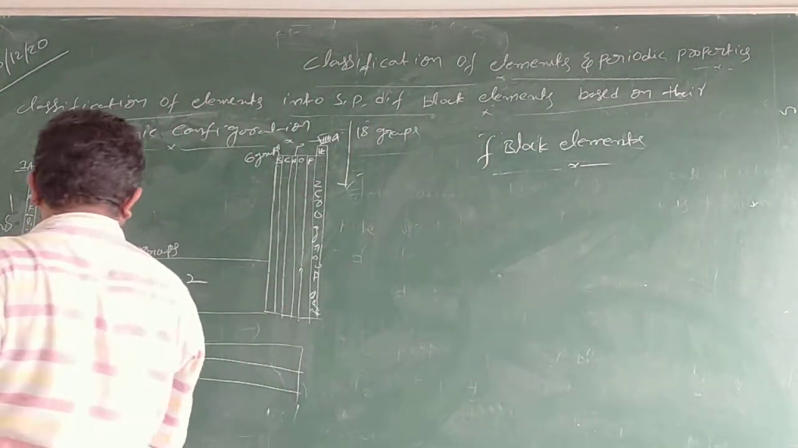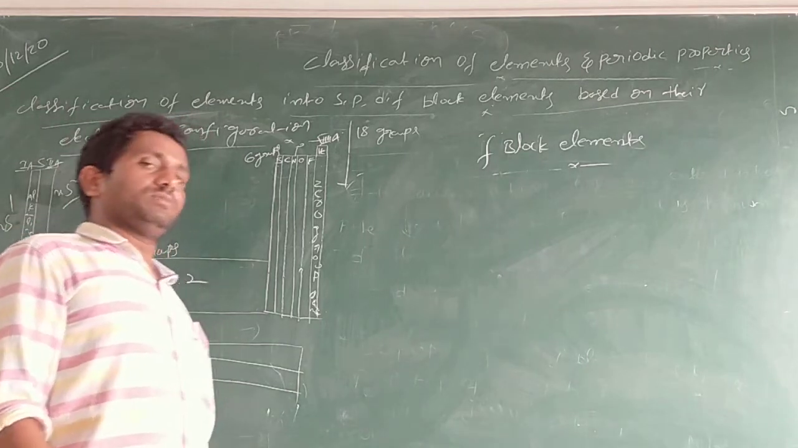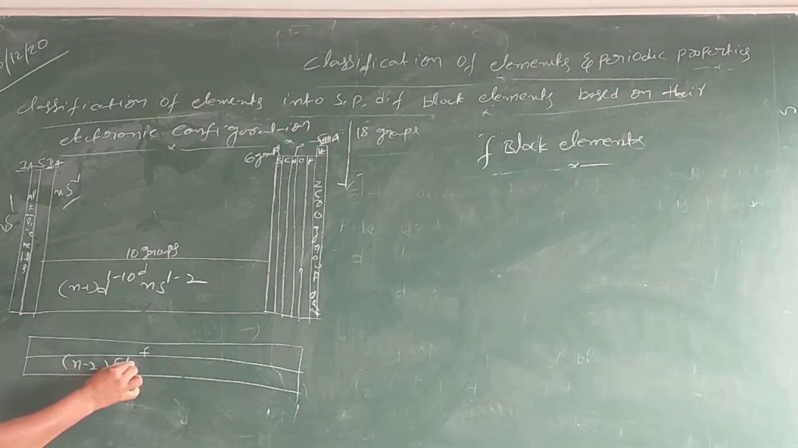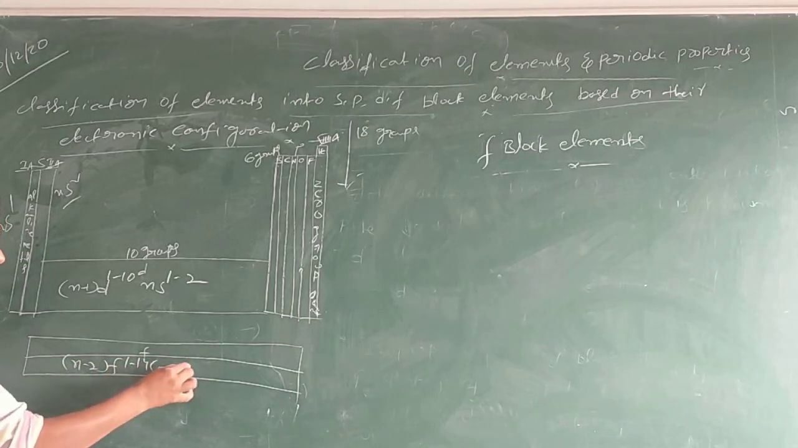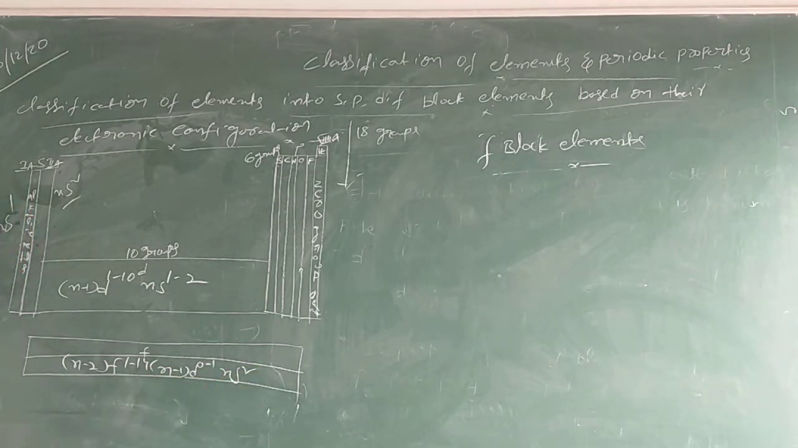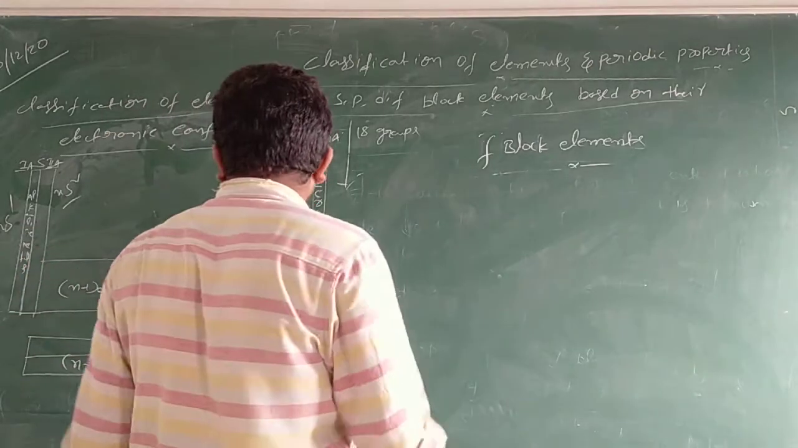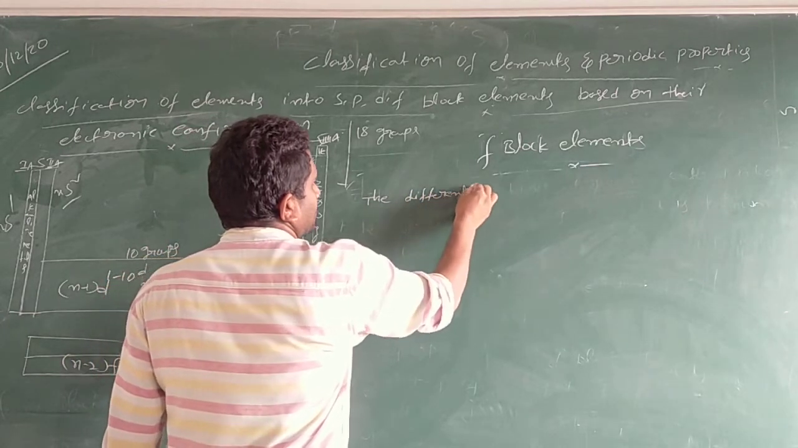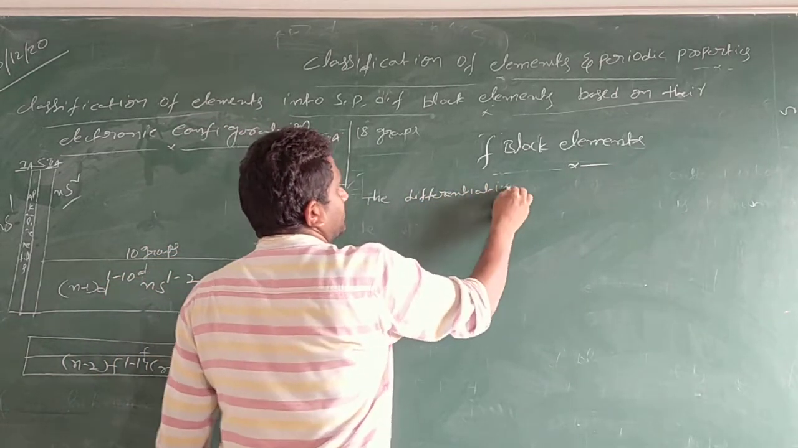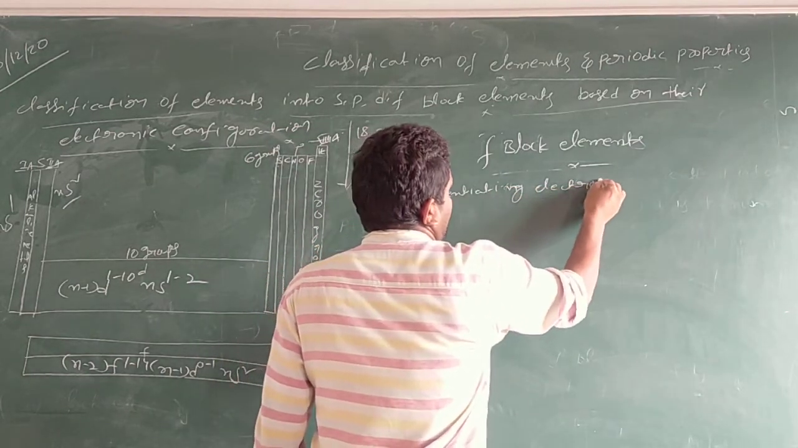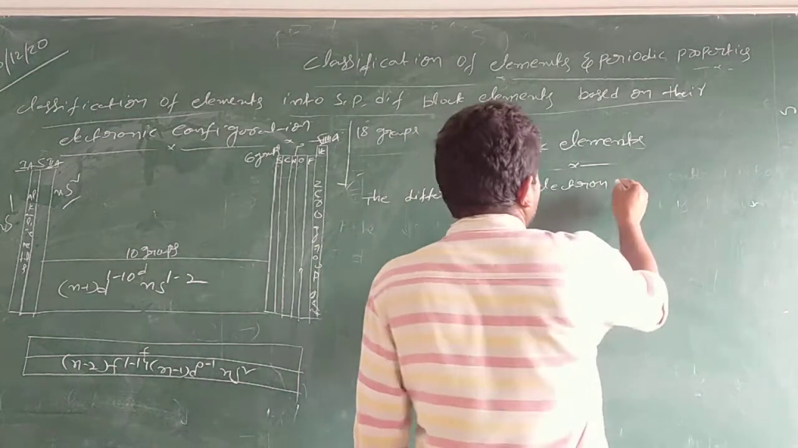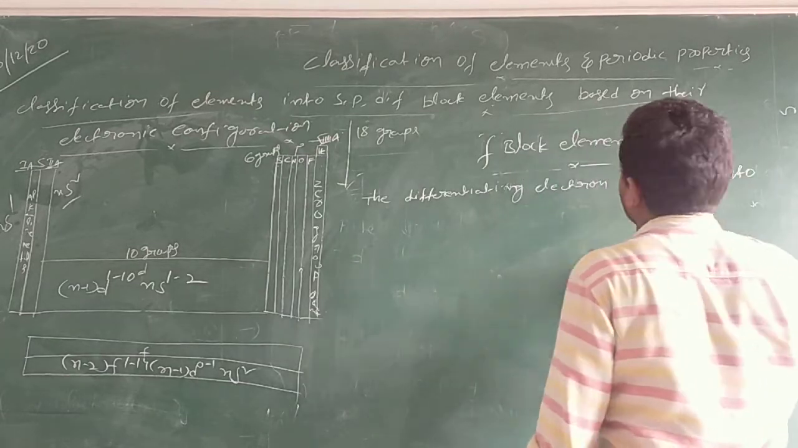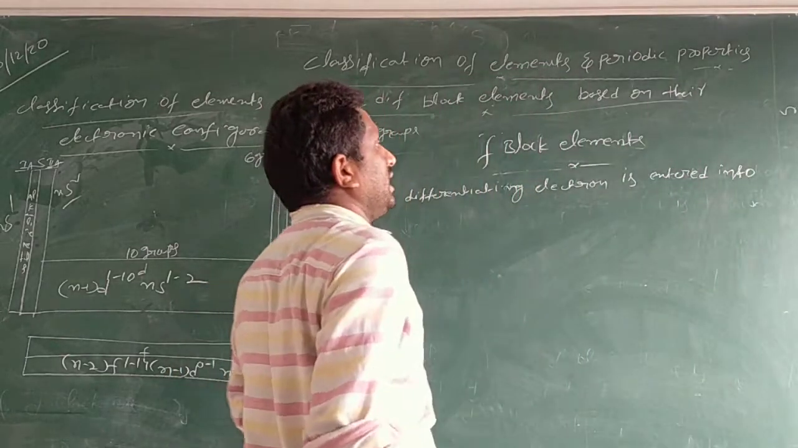F block elements. What is meant by F block elements? The outermost electronic configuration is (n-2)f 1 to 14, (n-1)d 0 to 1, ns 2. So what are the F block elements? The differentiating electron is entered into the